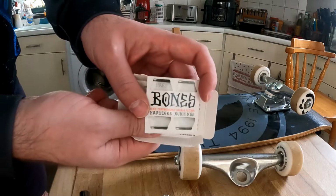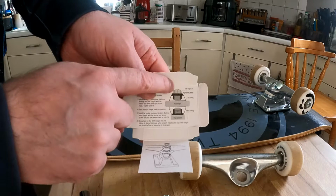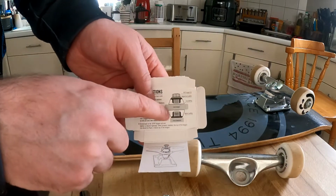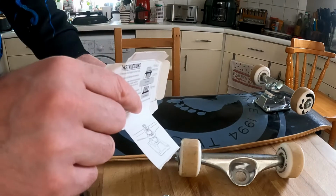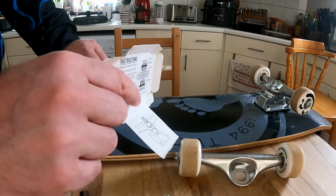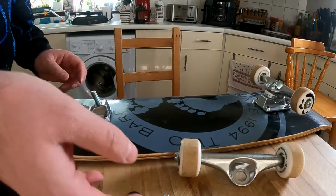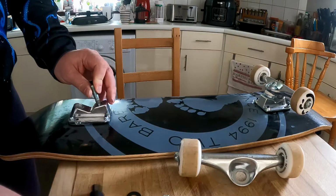Look like that, bushings. And this is how you fit them. So, nut, washer, this part for skateboard, and then the larger one on the bottom, and obviously the base of the skateboard, okay? And that's what we do with them. Now, what might be handy is I am half tempted